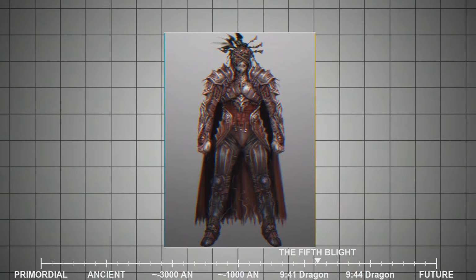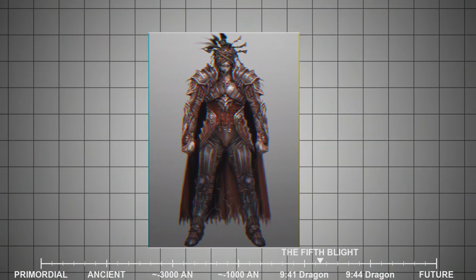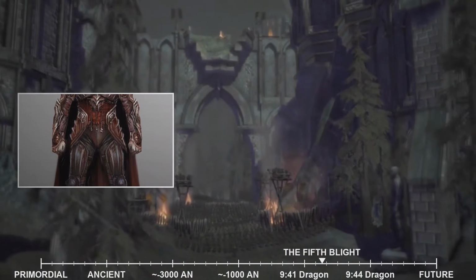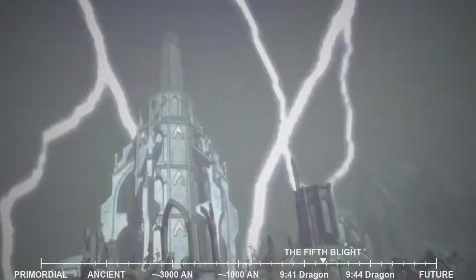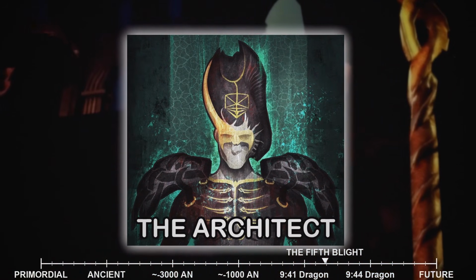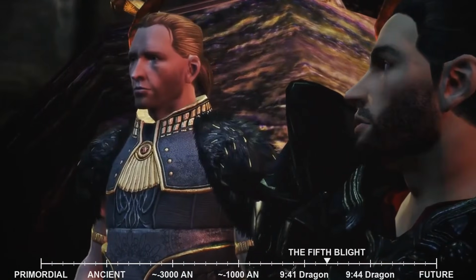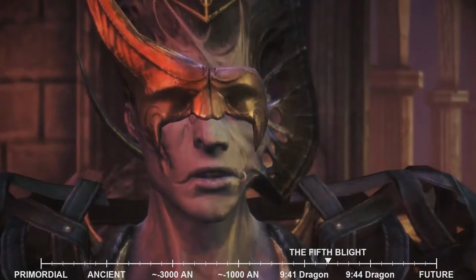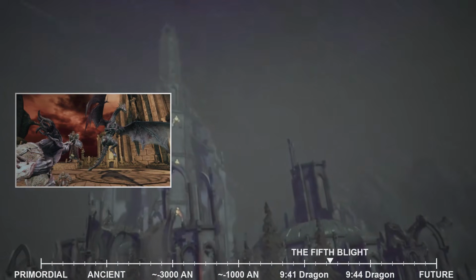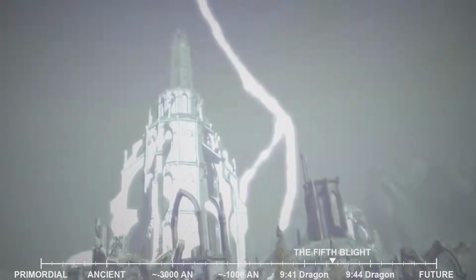The answers began to emerge through interrogations, intercepted communications, and the analysis of Darkspawn behavior. It became clear that these talking Darkspawn were not simply an evolutionary anomaly, but were being directed by a powerful singular entity. This entity was known as the Architect. The Architect was not an archdemon, nor was it a typical Darkspawn alpha. It was something entirely new, a being of immense intellect and mysterious origins, seemingly manipulating the Darkspawn for its own inscrutable purposes. The implications were staggering. A Darkspawn capable of strategic thought on a grand scale, orchestrating its forces with a precision that rivaled human generals.